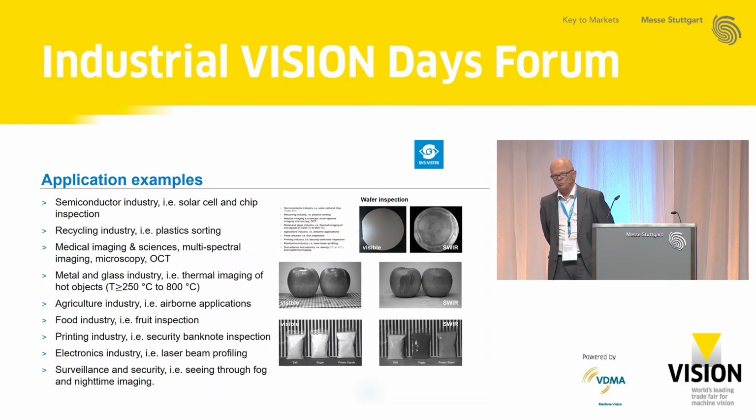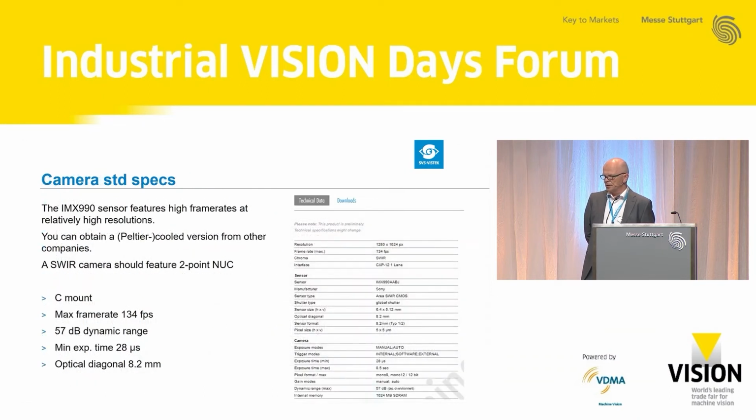You see it in agriculture. For example, you can see the amount of water in the leaves. You can see if some leaves are bad or sick. You can reveal secrets in banknotes, for example, to verify the authenticity of banknotes. So you have hidden secrets. You can do laser beam profiling to have a more efficient laser spot. Well, and security is